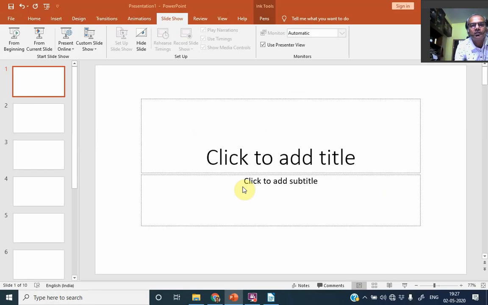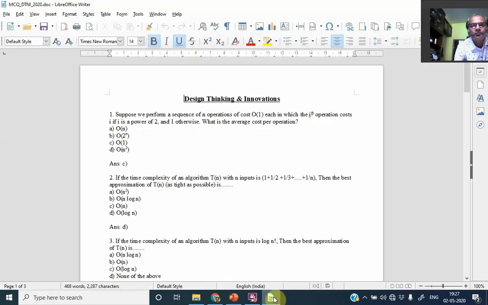Second question is, the time complexity of an algorithm with n input is 1 plus 1 by 2, 1 by 3, up to 1 by n. That I have already told, I am repeating this. What is the tighter upper bound of this expression? This is a famous expression that will be needed for several algorithm design techniques for doing the time complexity analysis, right? In future you will see. So just you know this, how do you calculate? This is basically a harmonic progression, right? Let's see how you do this.